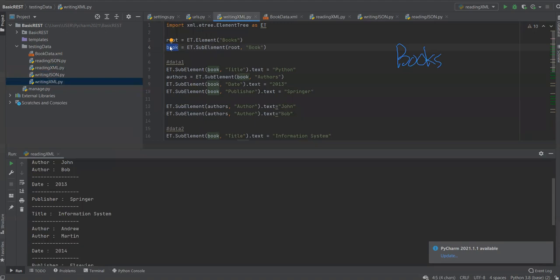I want to have book, and for every book I will have the data. What does this data contain? The title, then we have date, we have publisher, and this